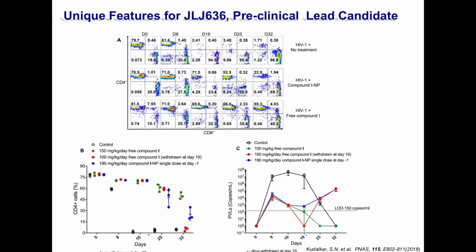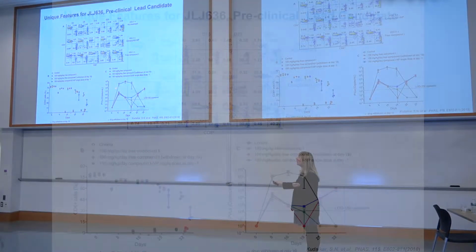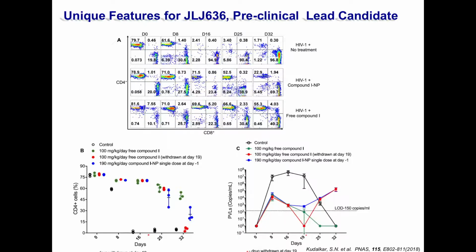We look for the ability to protect T cells. After T cells are infected with HIV, they're completely defeated, as illustrated here by the black points. And so if we have protection, then we maintain our CD4 levels, and you see that even out to close to 30 days, we actually protect the T cells, and then also we get a drop in viral load. We see that here: this is full-blown virus, and then in the presence of the drug, either the nanoparticle formulation or giving the drug daily, we see a drop below detectable limits.